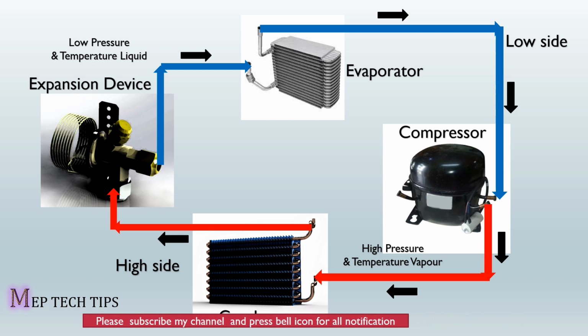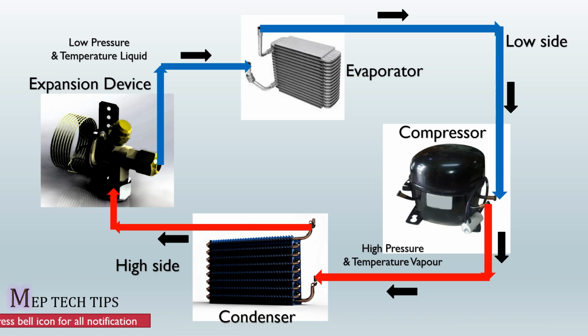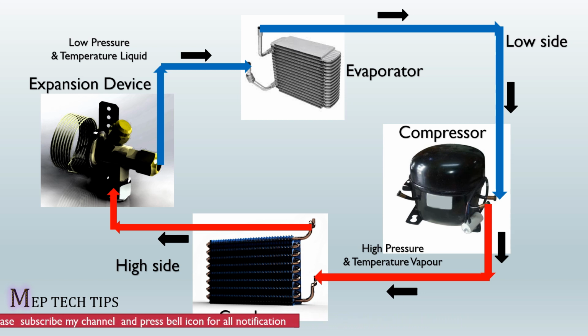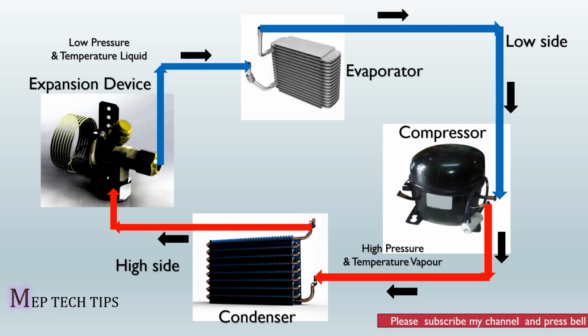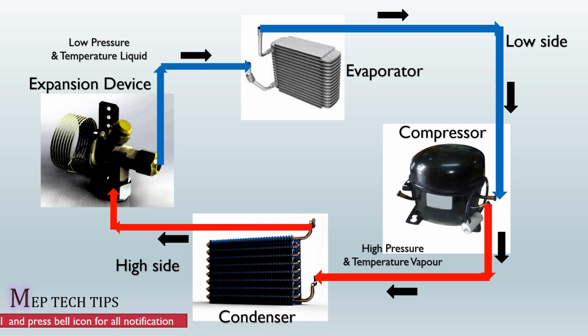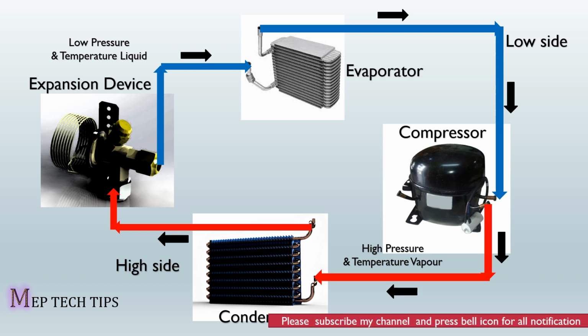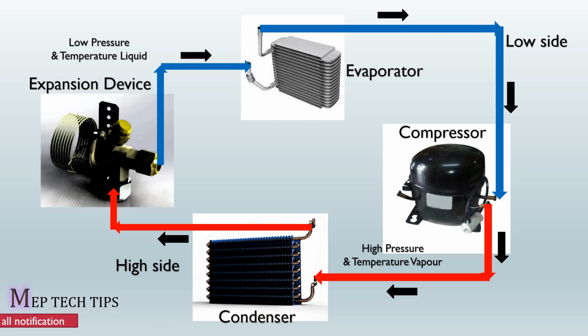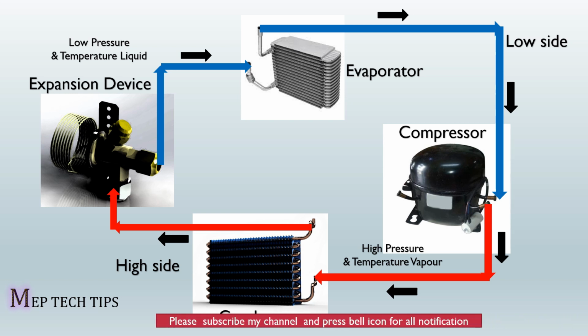The evaporator has another fan, which takes air from the room at an air temperature of, let's say, 30 degrees Celsius. When it is thrown on the coil, which has refrigerant at 15 degrees Celsius, heat transfers according to the second law, from high to low. When the air is thrown on this coil, the air loses heat and comes out as cool and dry air. When the refrigerant comes out of the evaporator, it is a low pressure, low temperature vapor. Again the phase changes here, from liquid to vapor. With this change of phase, the cycle continues.